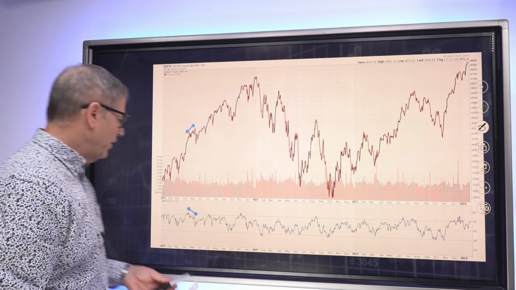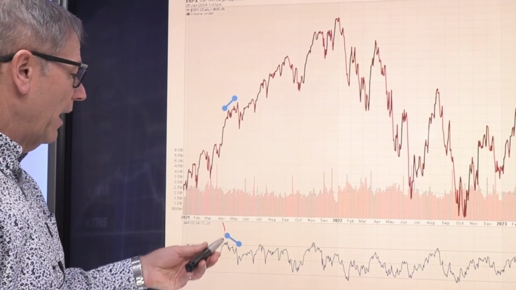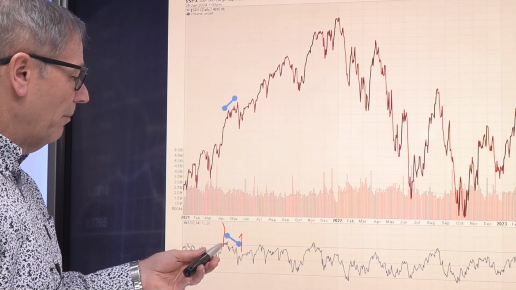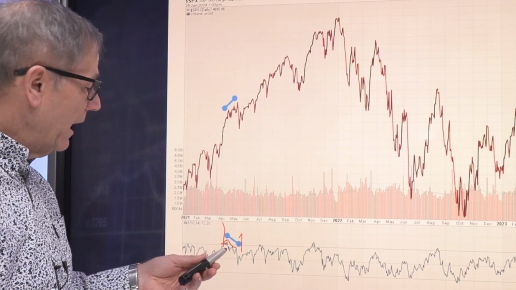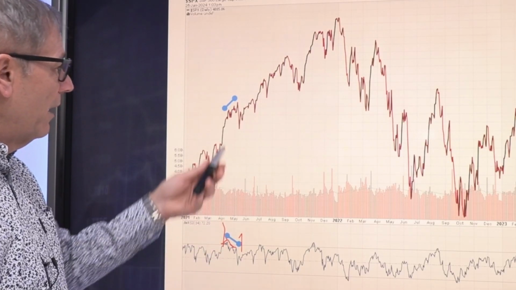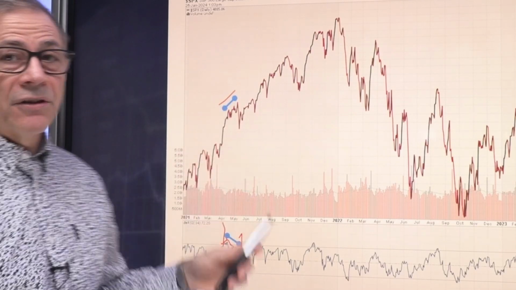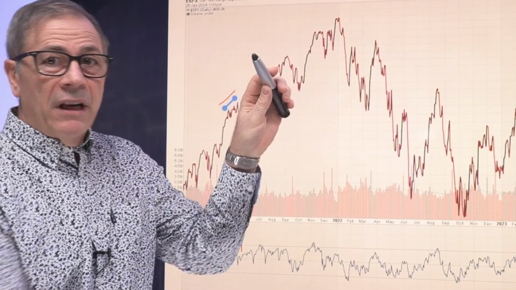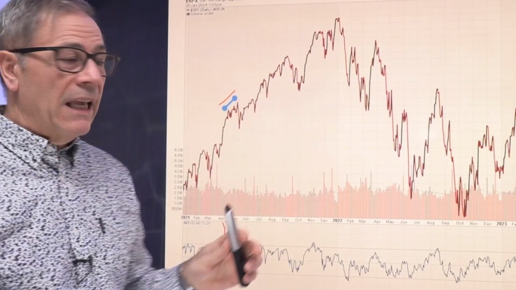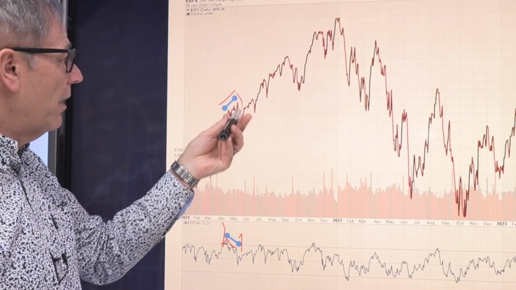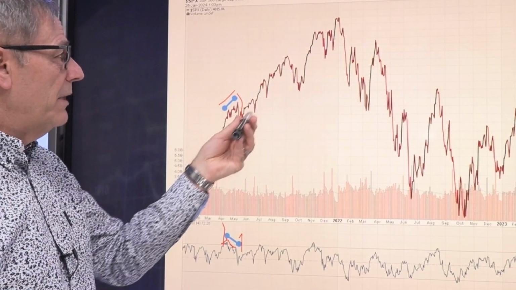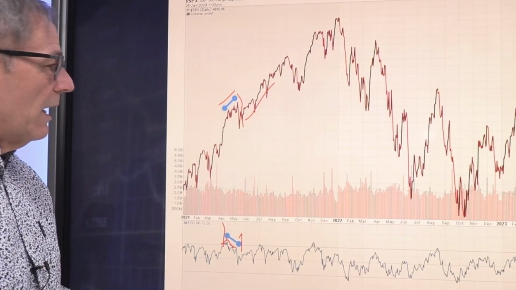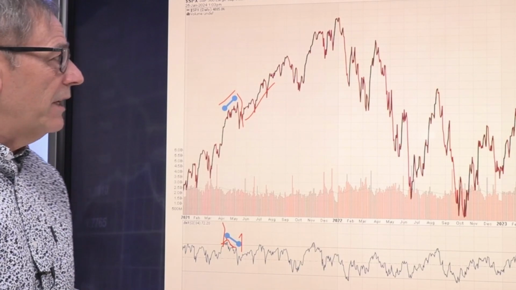Let's go back to 2021, and an example here would be from April and May. We saw the RSI become overbought, turn lower, and it continued lower, but at the same time, we saw the S&P 500 move higher, so a divergence. That divergence was resolved with the stock market moving lower, having a little bit of a correction taking place here. And then after that, we did see the stock market do quite well, of course. So it doesn't mean that when the divergence gets resolved there's a big, huge correction taking place. It just means that there can be some softness in the market.